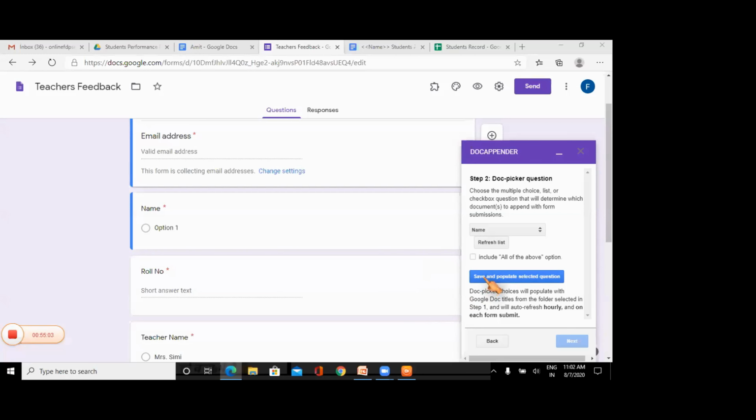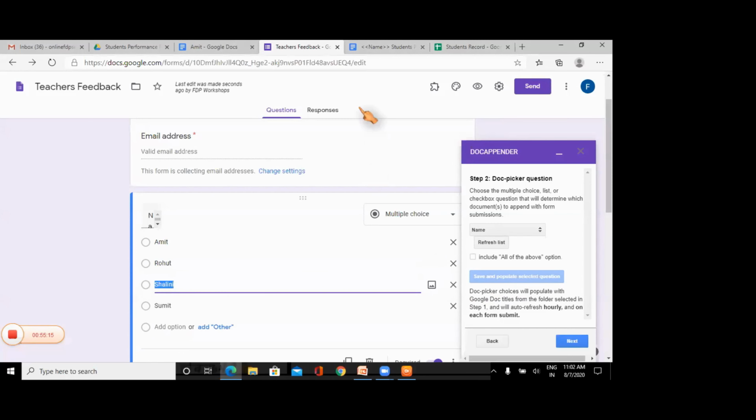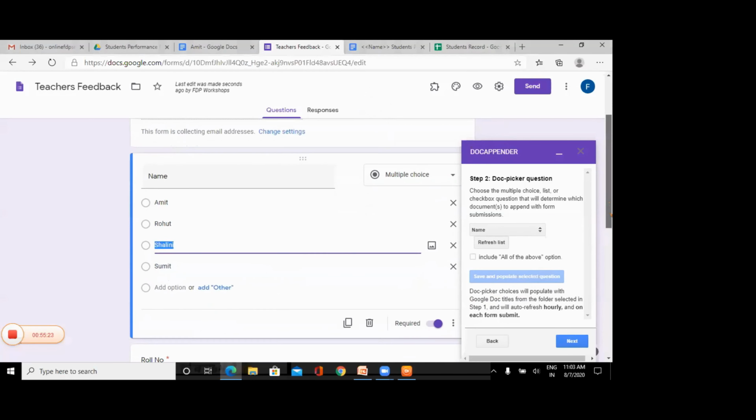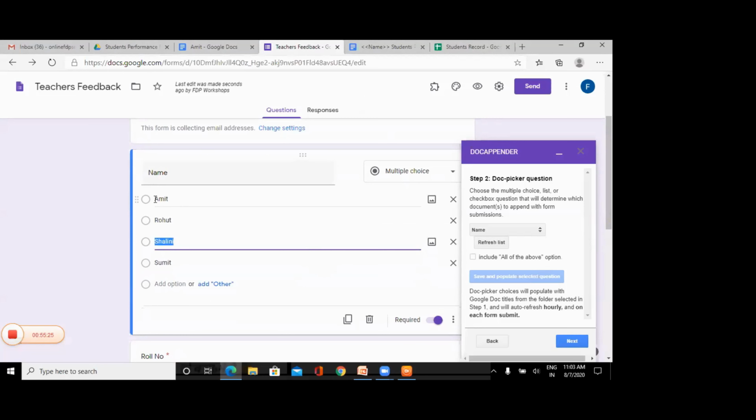So the next step, what I need to do is I just have to click this button, save and populate selected question. The moment I click this button, the names would be visible. See, can you see the difference in your form? All the names are visible here.